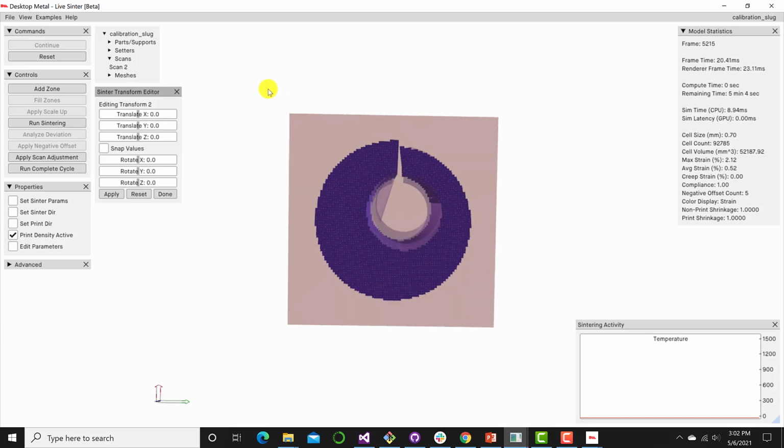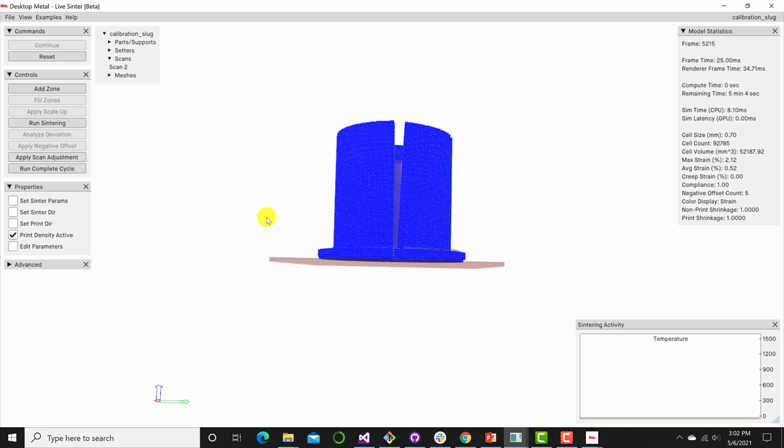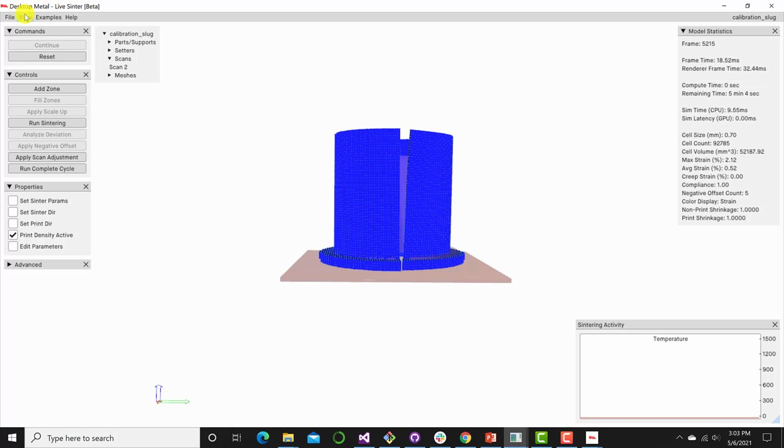And then if I look at it from the bottom, I want to move it a little bit down in x. So I'm going to click on the translate in x, and I'll just do like minus 3 millimeters there. And then done. All right, so what this has done is it's kind of positioned the scan relative to the